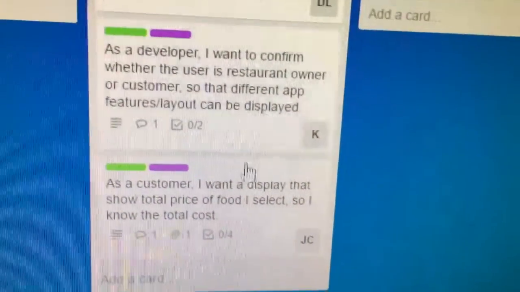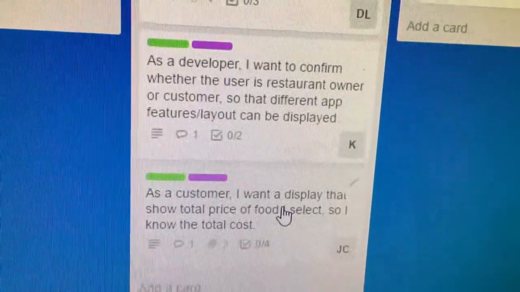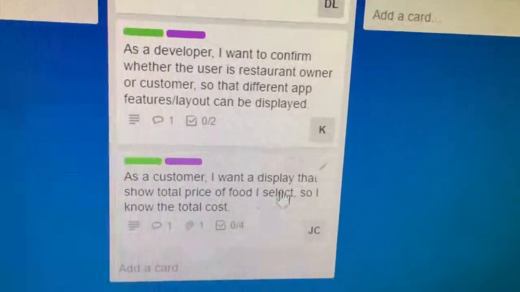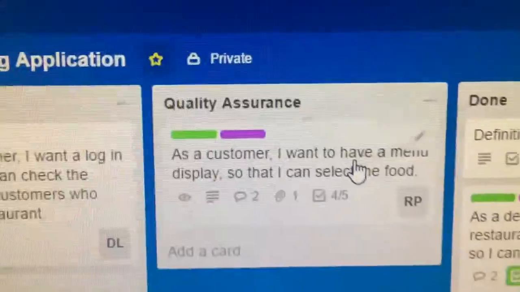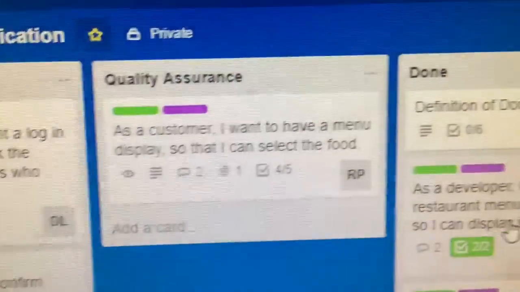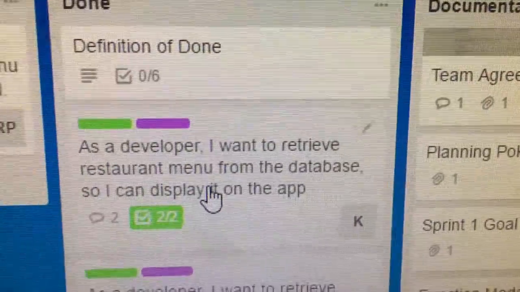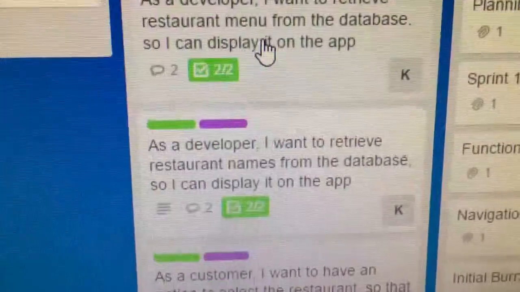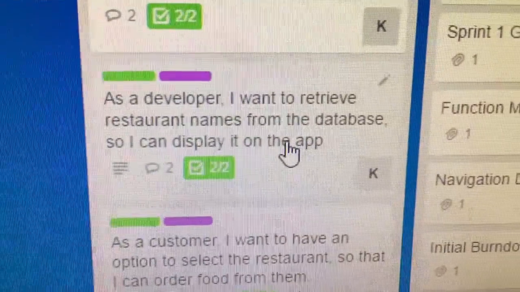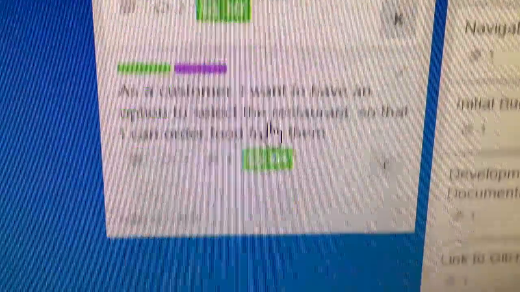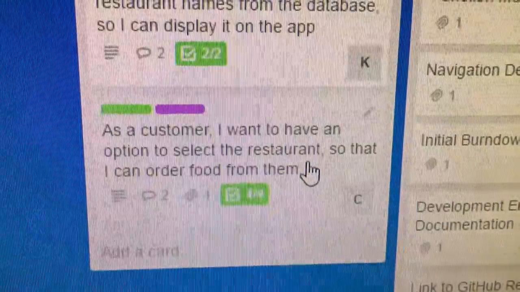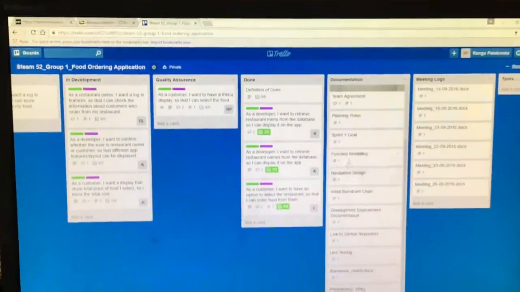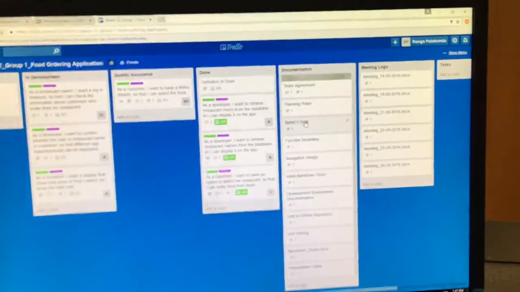or a customer. This one shows the total price of the food after they've selected the food. This one shows a menu display so the users can select the food. This one retrieves the information on restaurants and menus from the database and displays it. This one retrieves the same stuff. This one is an option to select a restaurant so they can choose what restaurant to eat at. All of these user stories satisfy the Sprint 1 goal that we created before we started Sprint 1, which was